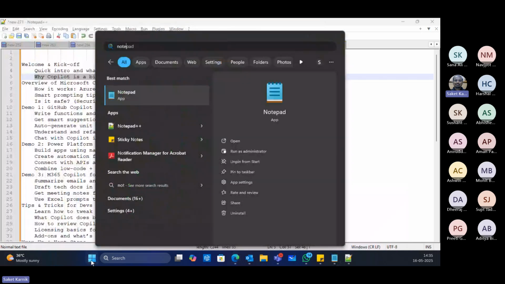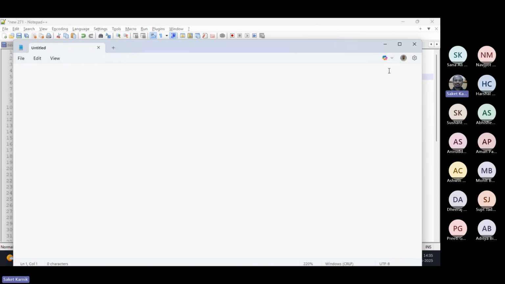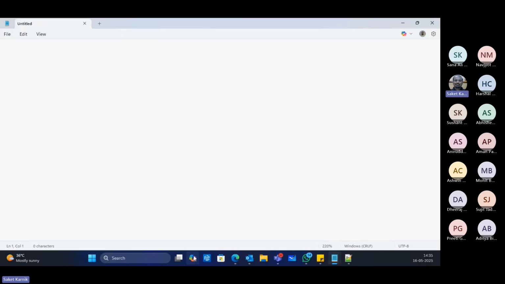So if I show you, is my Notepad visible? You can see the Copilot button over here. The Copilot is very well integrated with Microsoft Windows also. And if you have purchased the Microsoft Copilot Pro plan, or if you have Microsoft 365 Copilot Enterprise Edition enabled for your enterprise accounts, in that case Microsoft Office also gets the Copilot Assistant already. And here itself we can see what all things it can do, even for a simple software like Notepad.